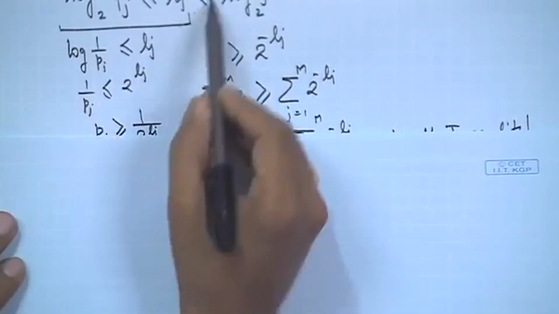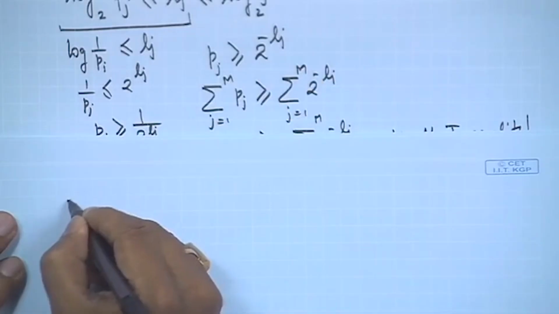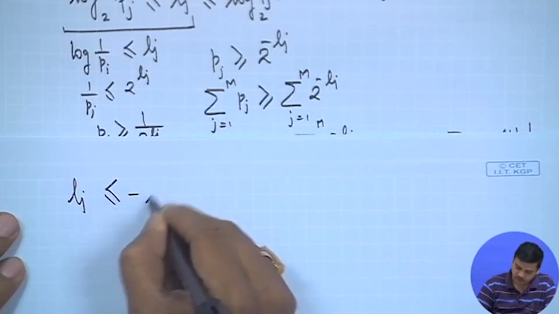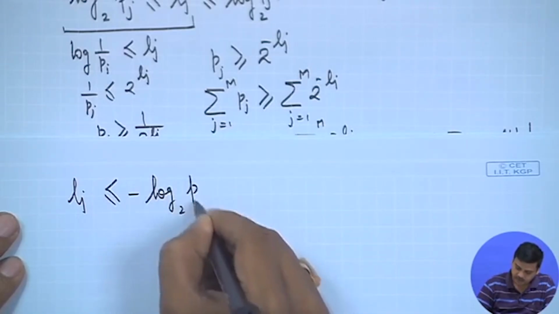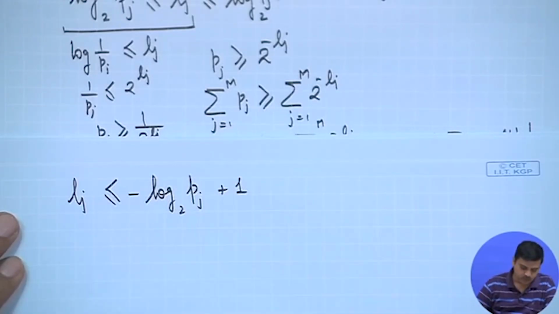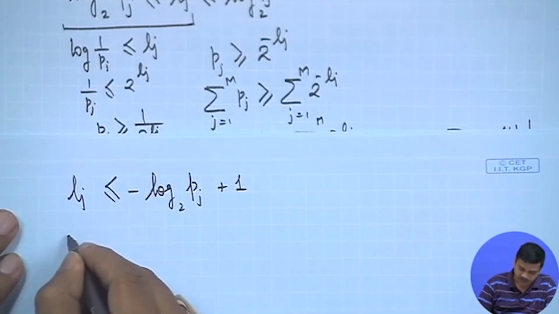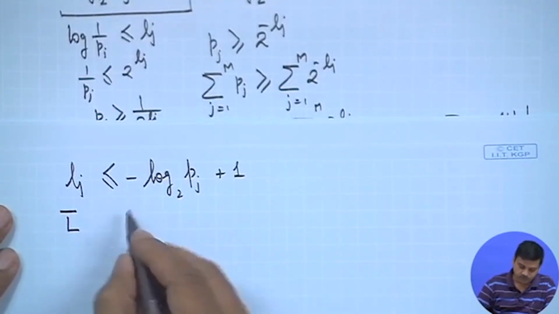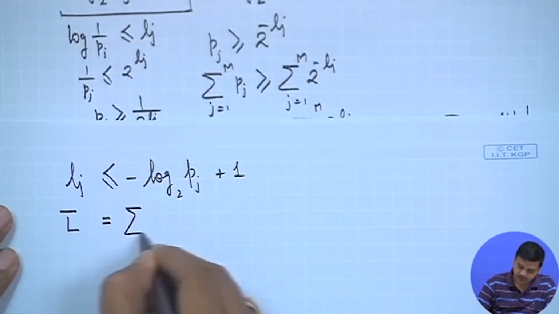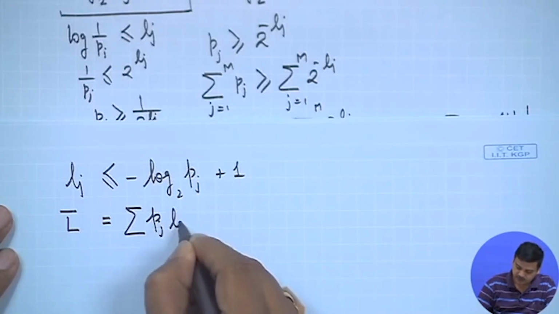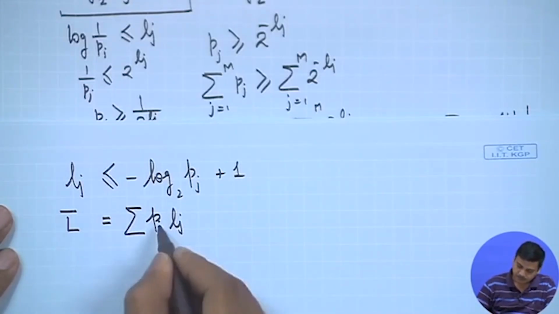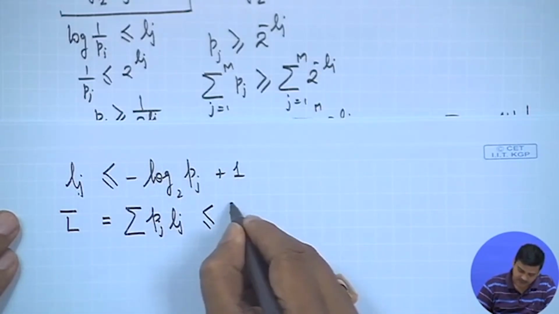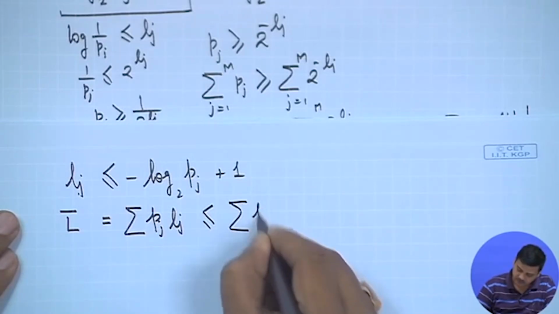if you take the RHS of this, that means L j is less than or equal to minus log base 2 p j plus 1. Since we have this, we can say that L bar, which is the expected value of code word lengths, by definition is the sum of p j times L j. Since L j is less than or equal to this, you can say that this is less than or equal to the sum of p j